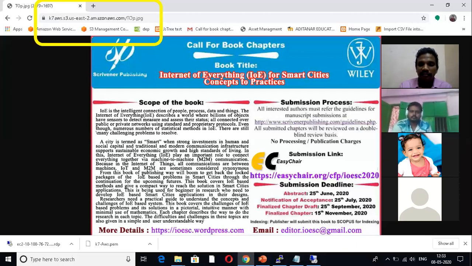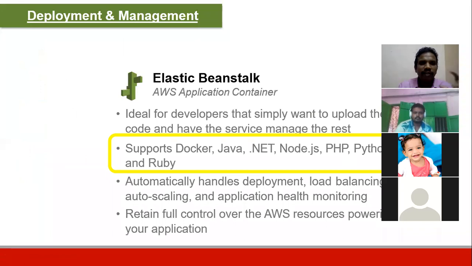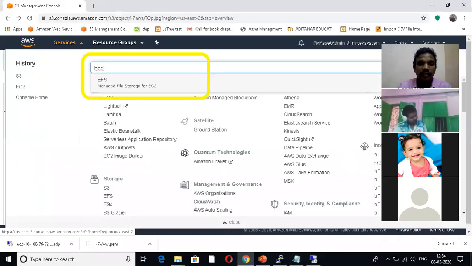Yes, S3 service. The next one is the deployment model, Elastic Beanstalk, which provides web applications, that is Tomcat as a service. Sorry, before that there is EFS, Elastic File System. So first is EC2 for operating system as a service, second is S3, storage as a service, and third is EFS, Elastic File System, for mounting a file system.